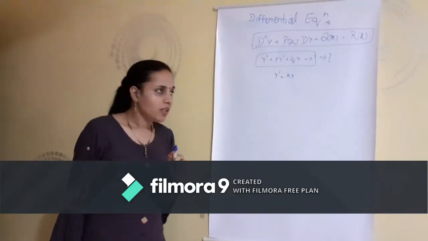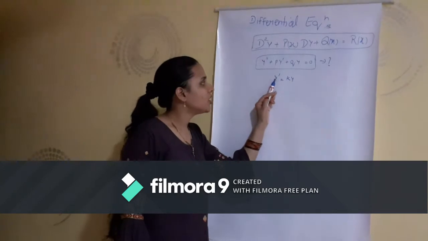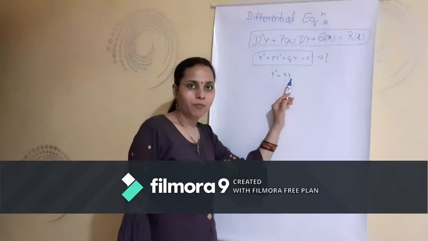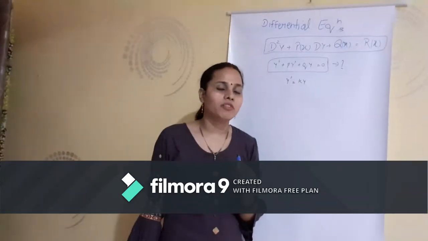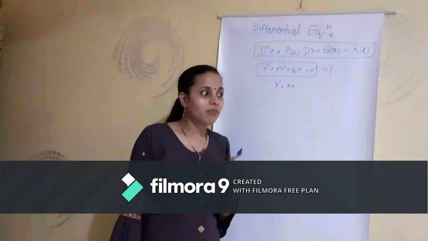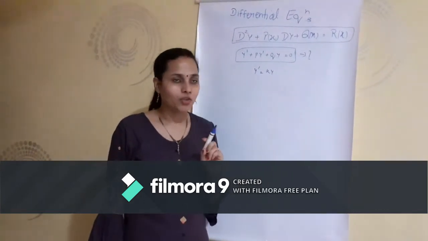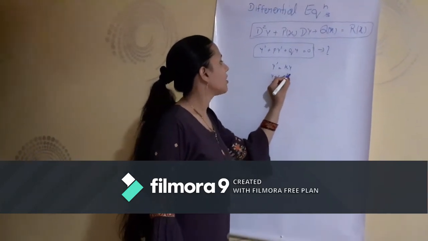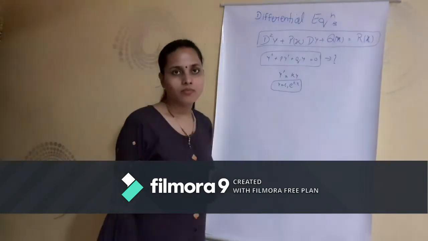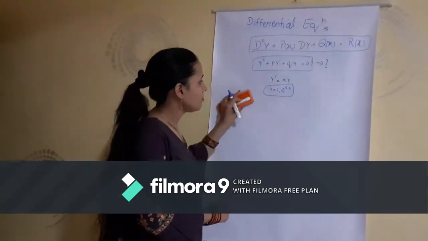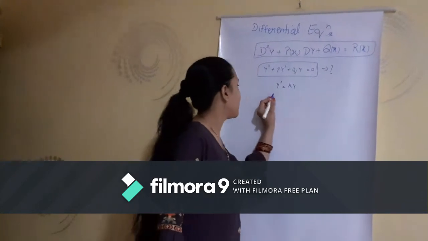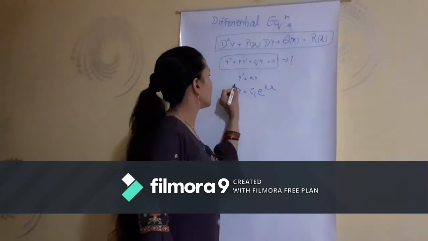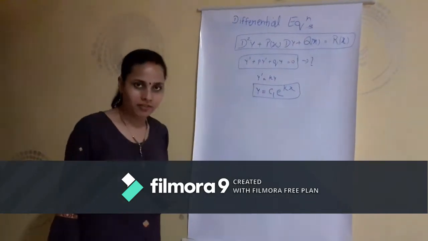So now how to get the solution of the differential equation? We will use an assumption that we want a function whose derivative will be a multiple of that function again. Only exponentials are the functions which have that property, that they give a constant multiple of the function. So the solution of this differential equation is nothing but c1 e^(kx). In a bigger form I can write y = c1 e^(kx). It is a solution of this first order differential equation.